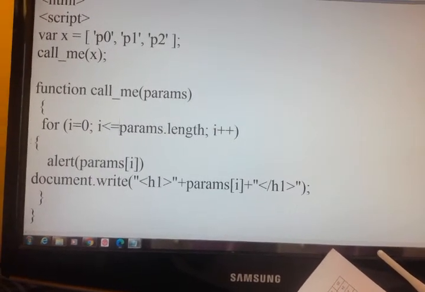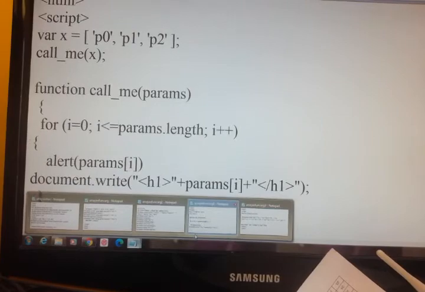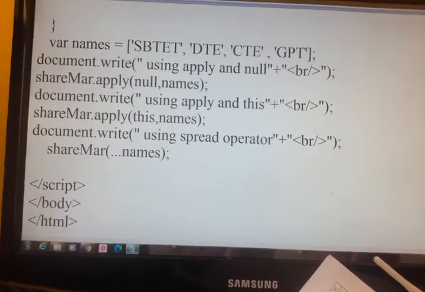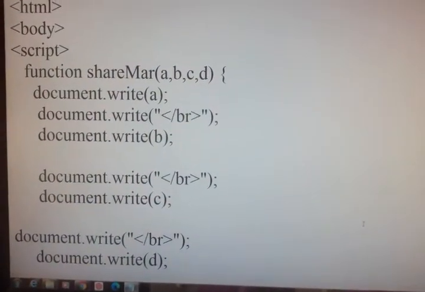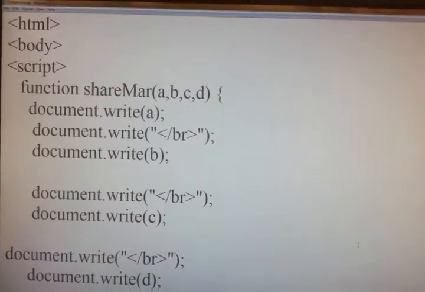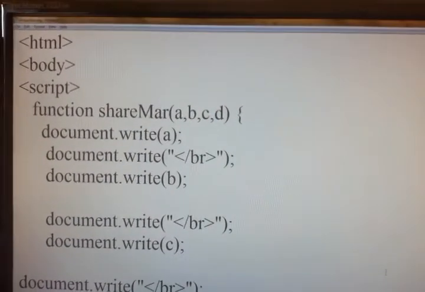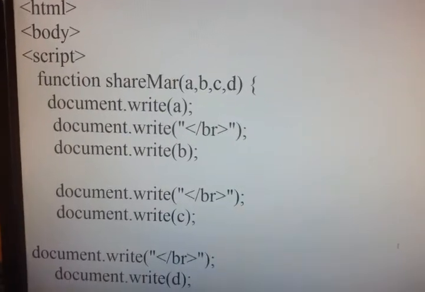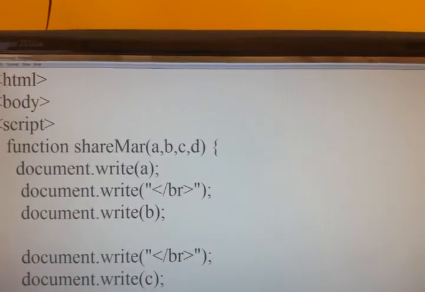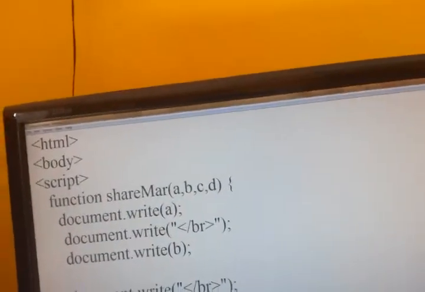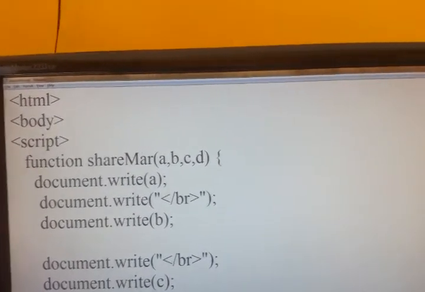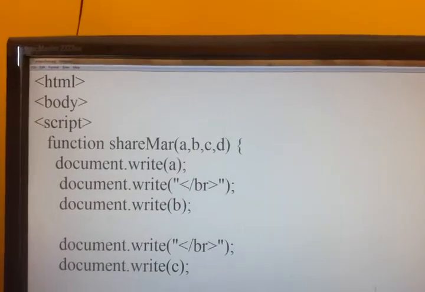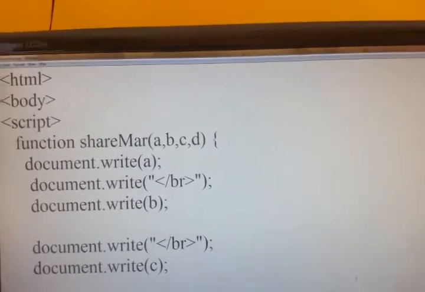And then we'll go for another. As we said in the starting video, we have to use functions, and when we are trying to call those functions in the normal way, there is no need to use a few methods, whereas when we are using arrays as function arguments, we have to use the apply method, and we have to pass null as one parameter, and then we have to pass the array name as the second parameter.